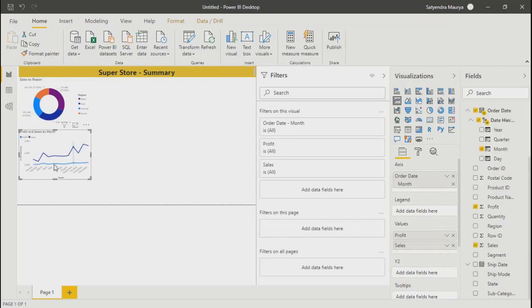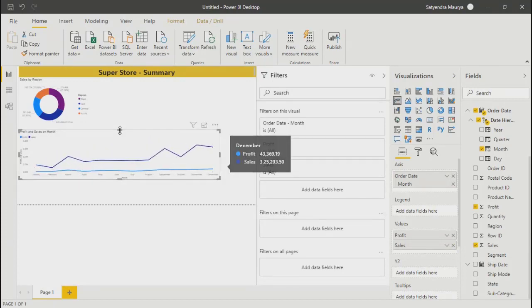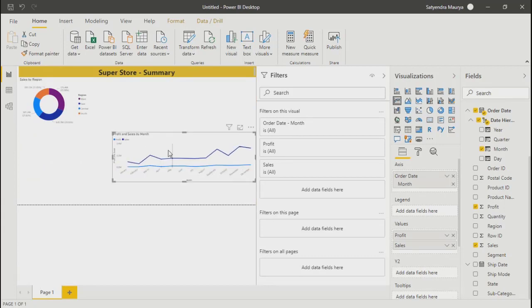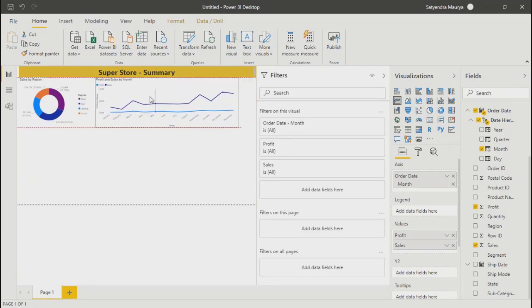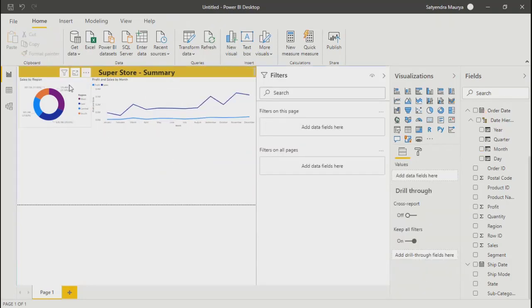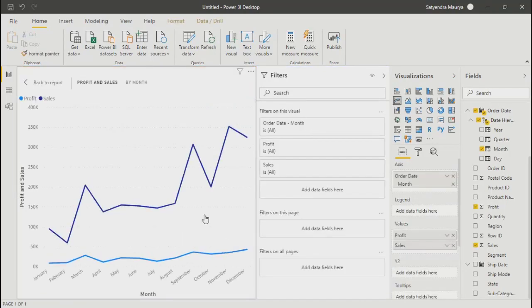So we have taken two measures over here. If I expand it, it shows you profit and sales by month. But as of now, it's not actually a dual axis chart.